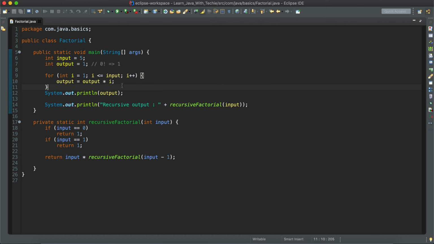I hope everyone understood how to find the factorial of a given number, by using a single for loop or in a recursive way. Whenever a programmer is asked in an interview to write a program, you just write it the recursive way. The interviewer will expect you to write the recursive way of the program.